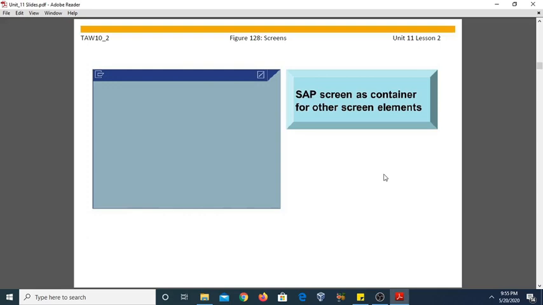And the screen allows you to enter or display the data. A user can enter the data using the input field, and the user can also get the data onto the screen using the fields. So screen has many functionalities.